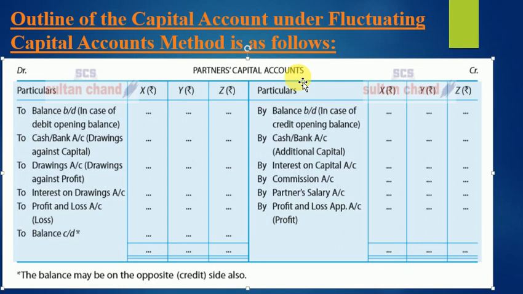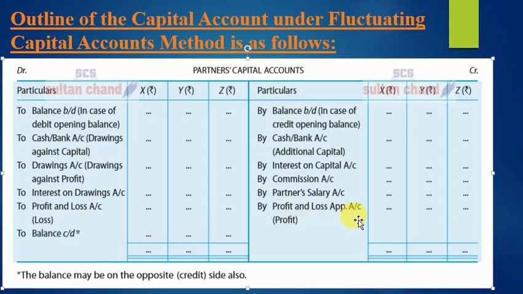So this begins again on the credit side by balance b/d. This is opening capital, as we discussed in the previous method. Any additional capital which is brought in by the partner is also on the credit side of this capital account. These two items were not shown in current account but in capital account in the previous method. But here it comes in one particular account only. Then whatever was a part of current account under the previous method is also coming in the same account.